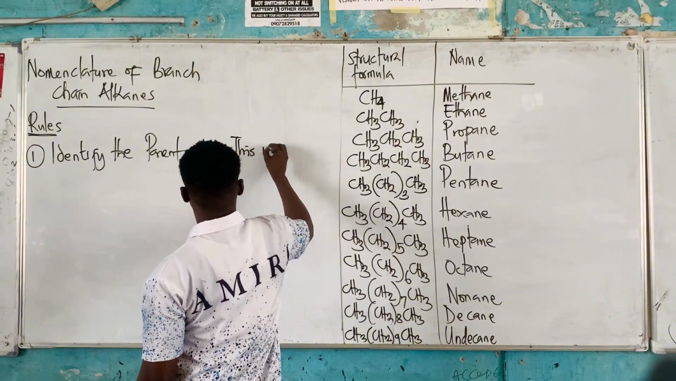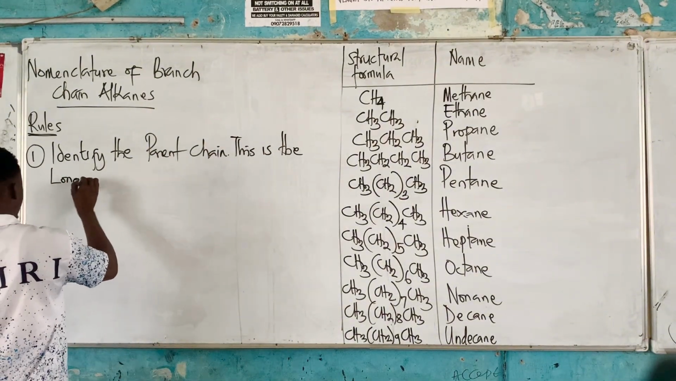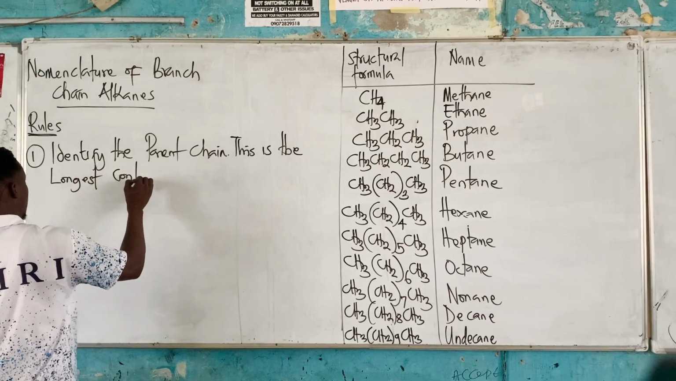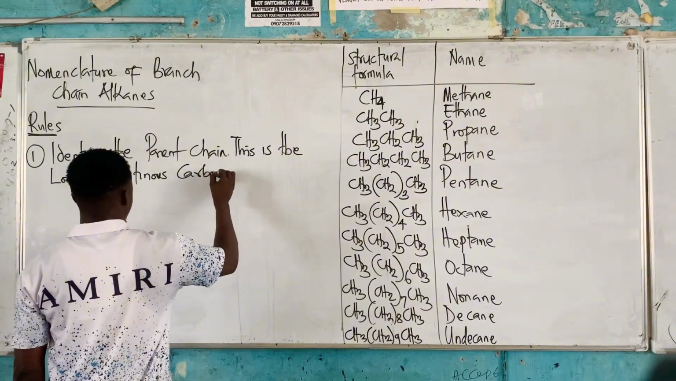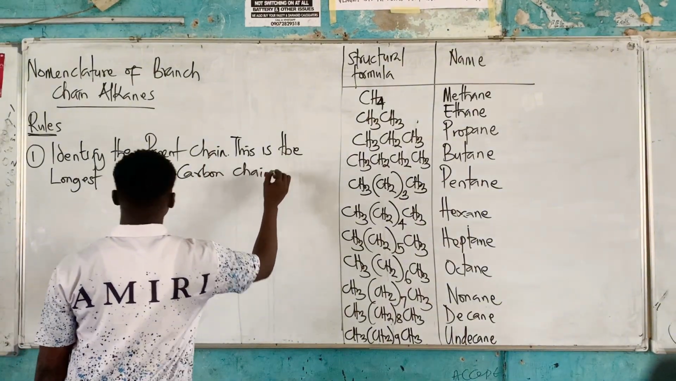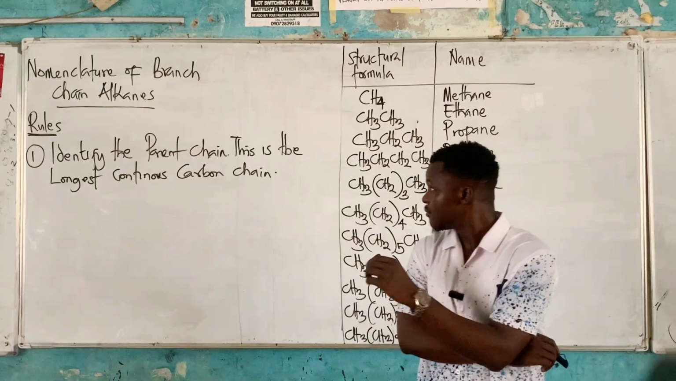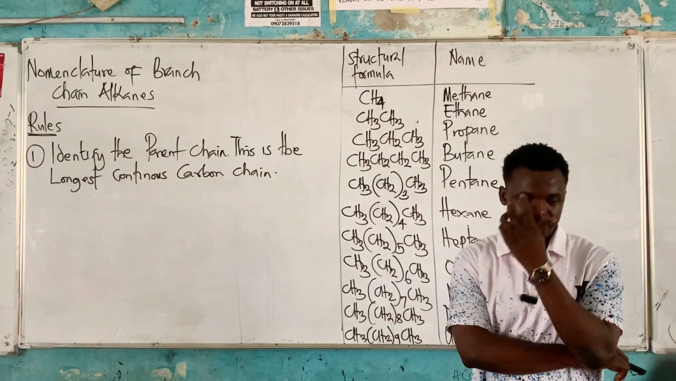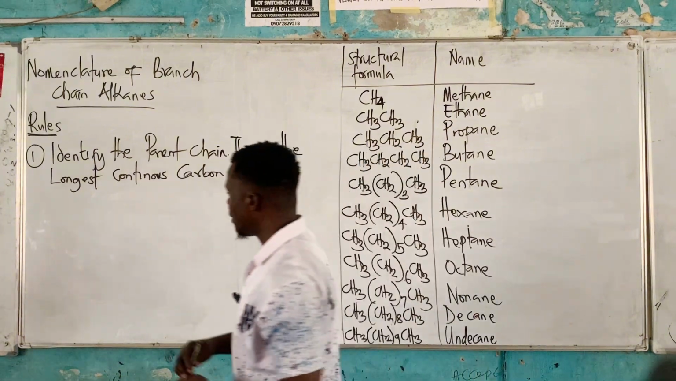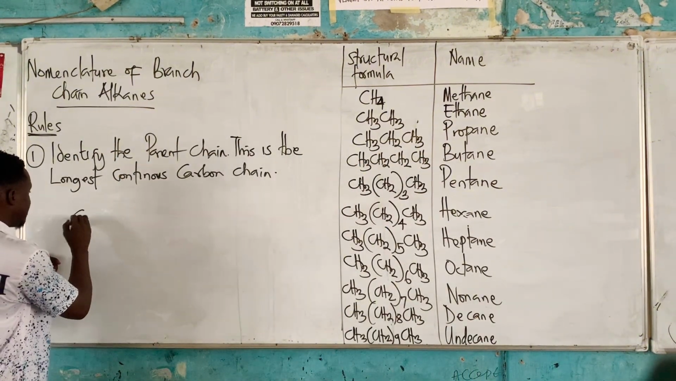This is the longest continuous carbon chain. Identify the parent chain, full stop. This is the longest continuous carbon chain. Now what this simply means is that if I have something like this, let's say I have CH3, CH2,